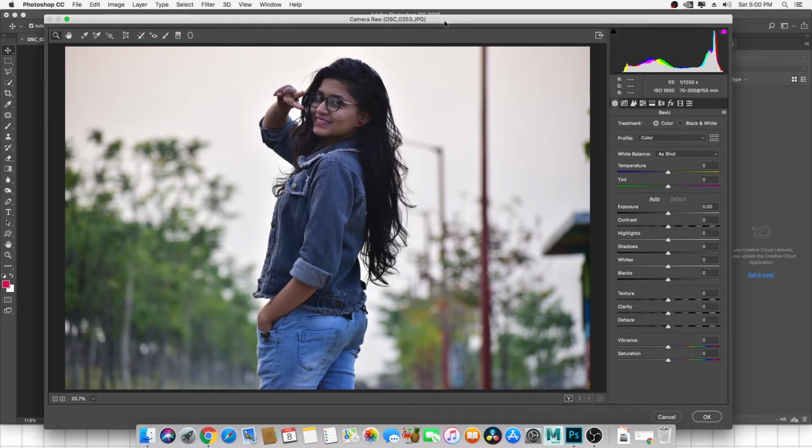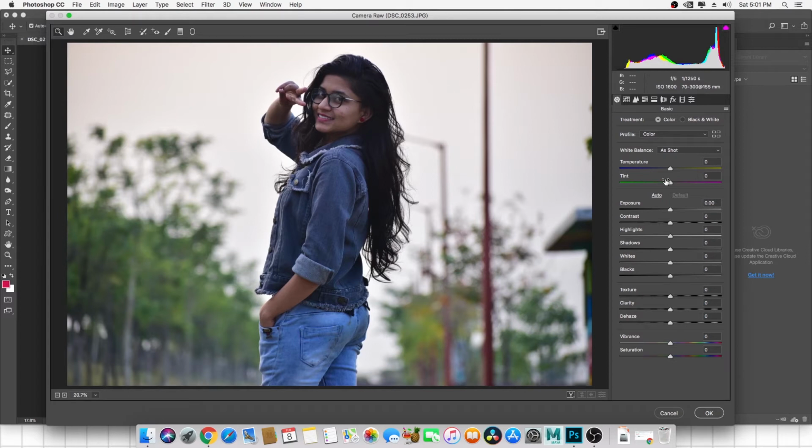First of all, I'm going to temperature. As I see, temperature is almost good, nothing to do with that. Next I'm coming to exposure. I think the photograph is a bit low on exposure, so I'm going to increase it, not too much, a little bit. Next, contrast. If I increase the brightness, I need to increase the contrast to get the shadow and highlight details. As you see, when I increase the contrast, it gives a quite nice look on her hair, and even the jungle part gives us fine depth.